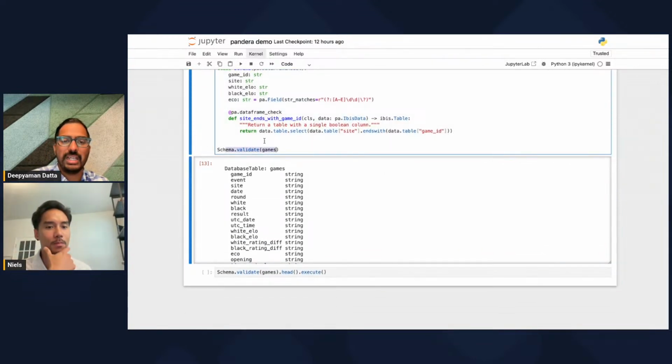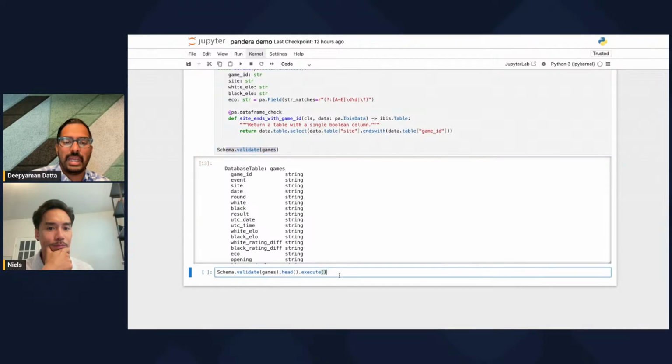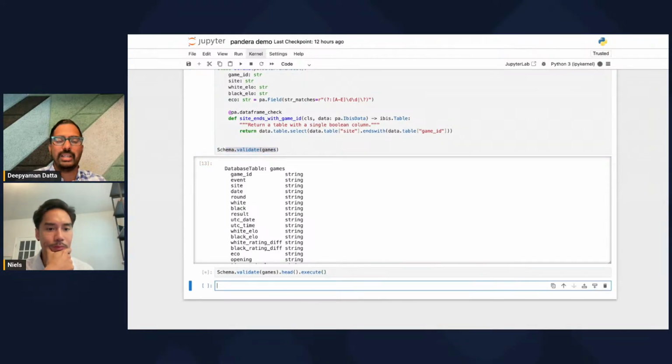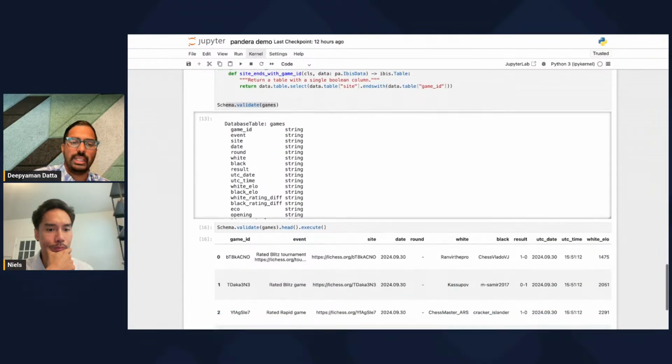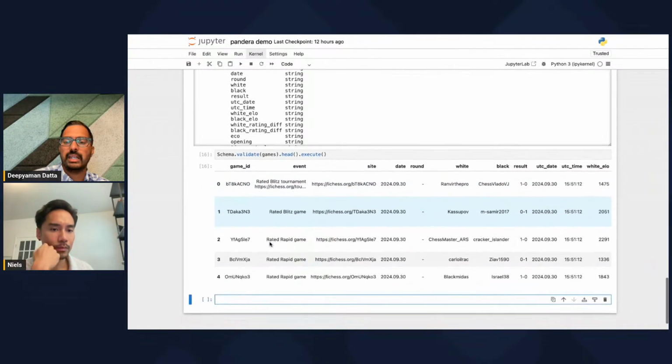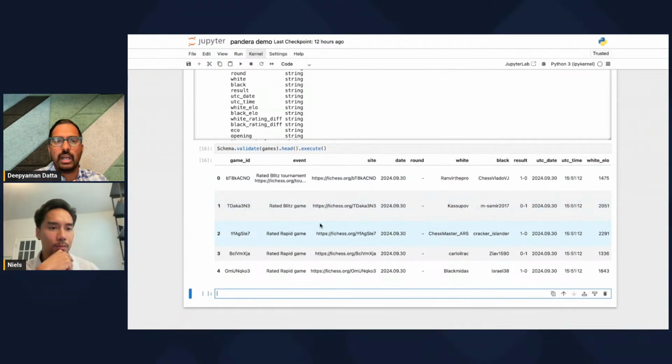But essentially, when we did this, we saw that it worked. It actually ran much faster when there weren't errors. And if we want to, again, look at the result of that, and we'll just look at the head of it, then it's actually run the validations already, and we can continue using our data as this result.